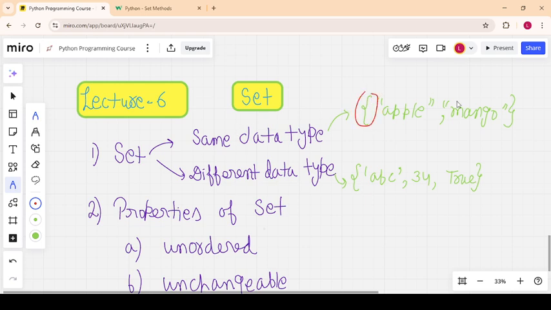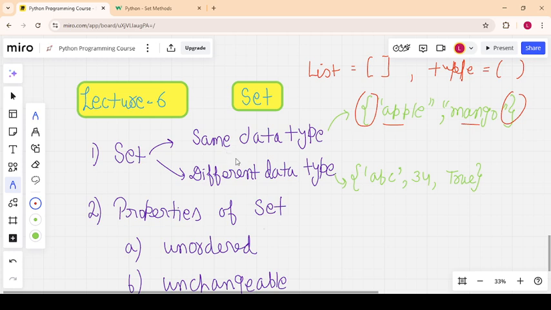This is the curly braces, and these are our items here. In the case of a list, we use square brackets. For a tuple, we use round brackets, but in the case of a set we use curly brackets.